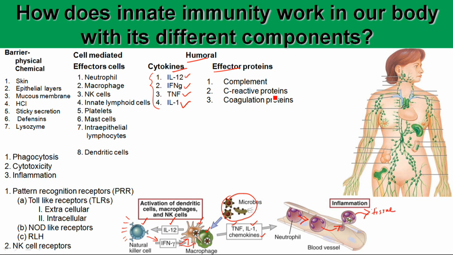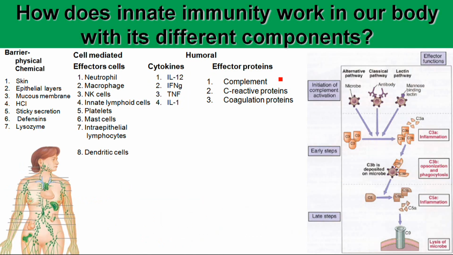Next, the complement, which is in the category of effector proteins. There are at least 9 complement proteins inside our body. They are circulating in the plasma of our body, and they are produced from the liver. In the normal condition, they are not too much activated, or they are activated at the basal level. But when